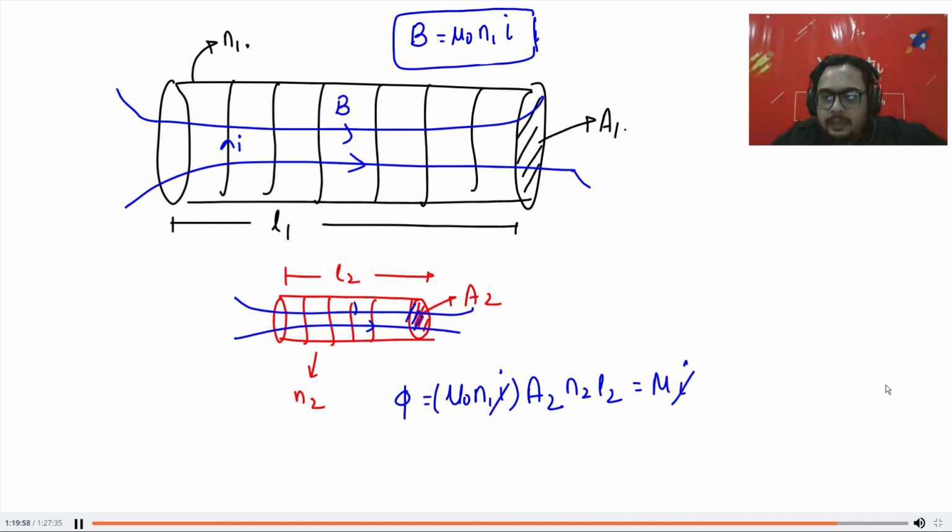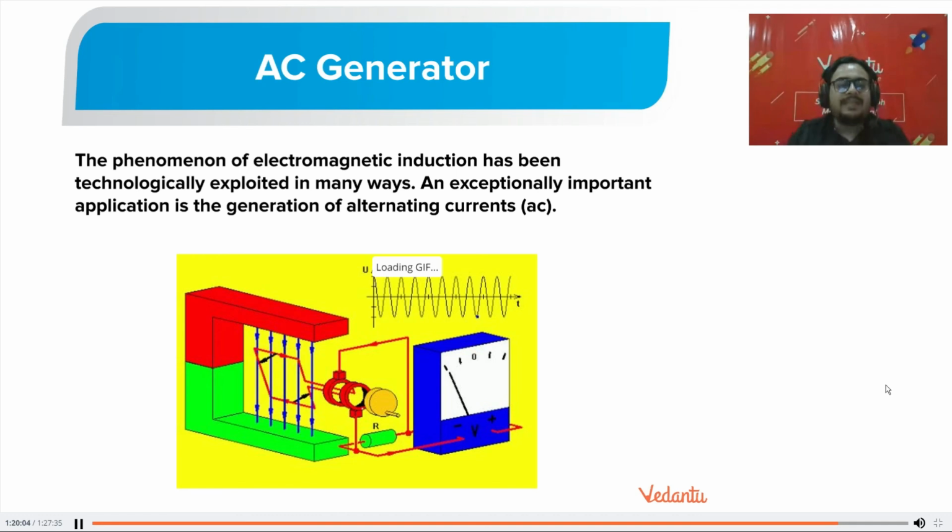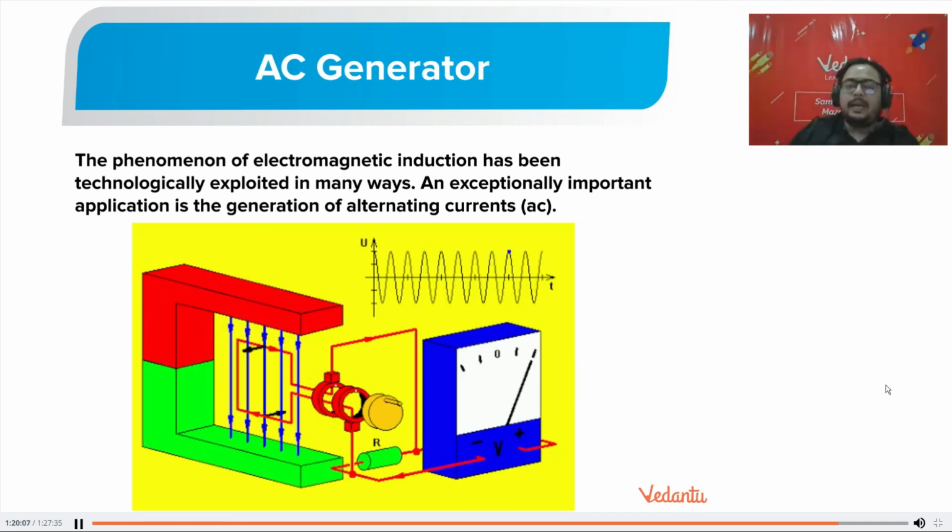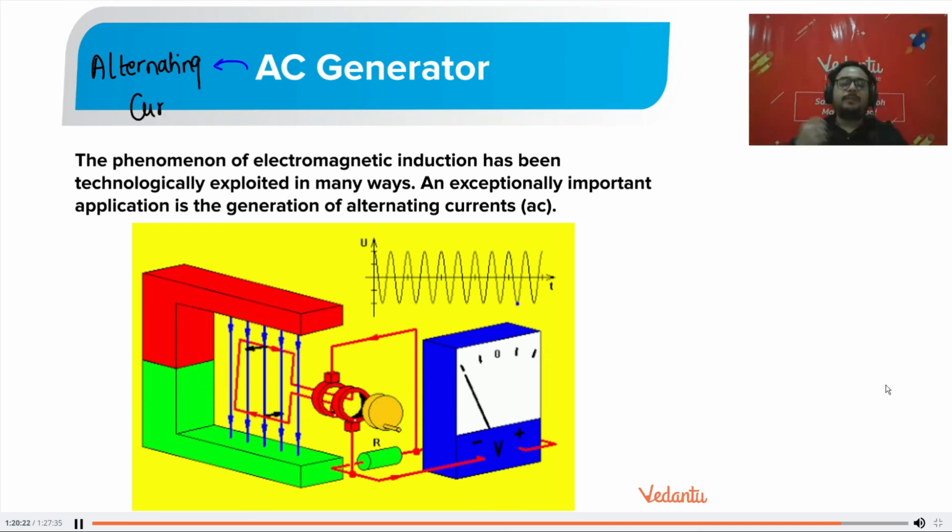Okay, so next thing and the final thing, which is a very small thing, which is called AC generator. Now what is AC? AC is alternating current, not that AC. Now what is alternating current? If a current changes its direction after a fixed period, it is called alternating current. So basically you have a device in which if a coil is rotated continuously, it generates alternating current, a current that changes its direction periodically.